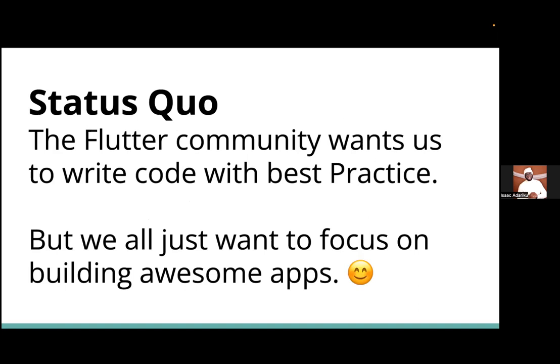So today we'll be exploring how we can strike a balance between best practice and our focus on creative app development. We'll be leveraging the right tools and seeing how we can streamline our workflows, making our app more beautiful, while keeping best practice in check.